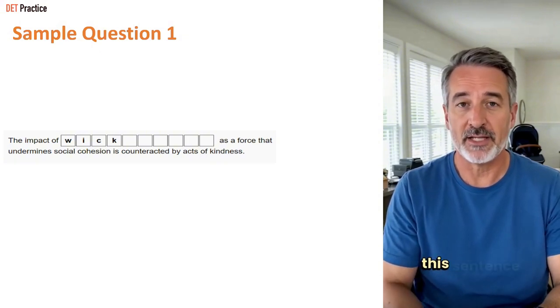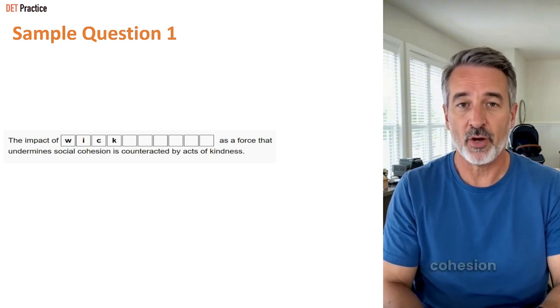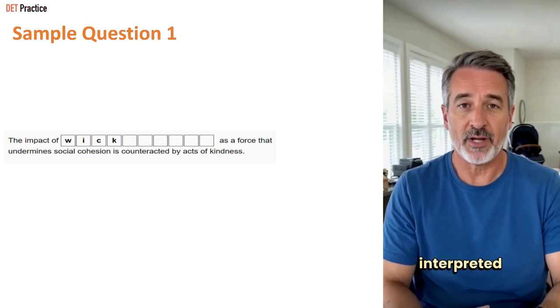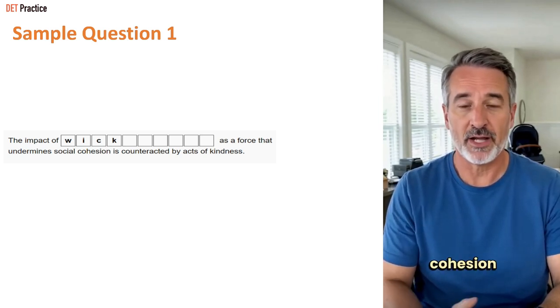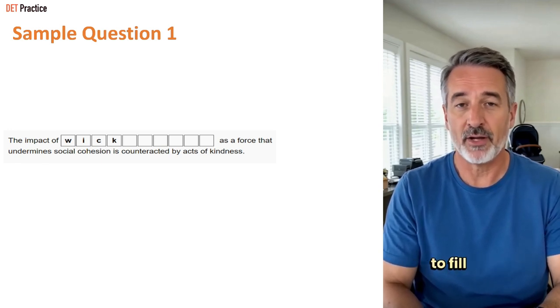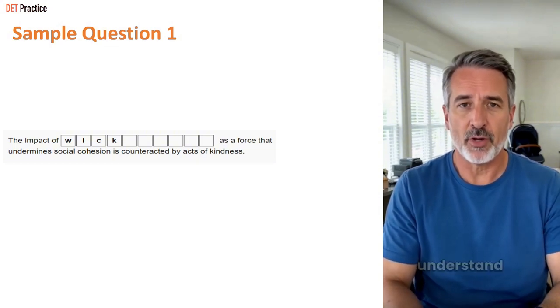Imagine you see this sentence. The impact of something as a force that undermines social cohesion is counteracted by acts of kindness. It can be interpreted as: The impact of something that destroys social cohesion is offset by acts of kindness. Before attempting to fill in the blank, you need to carefully read the entire sentence to ensure you understand its